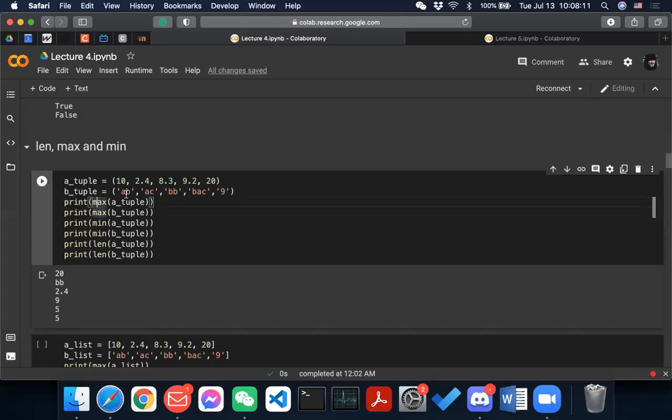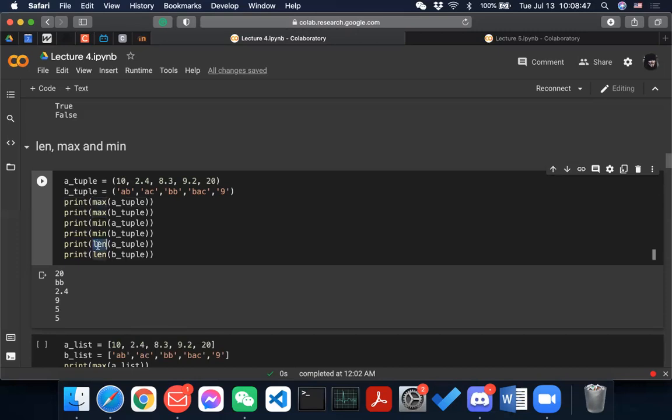And for a string, just refer to the ASCII table, right? The lowercase letter is larger than the uppercase letter, which is larger than numbers. Okay, so just remember that order. And if you don't remember it, it is okay. As programmers, we always look up things. We don't put everything in our head, as long as we know where to look for them. All right. So that is that.